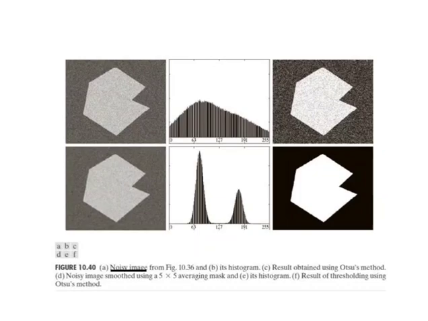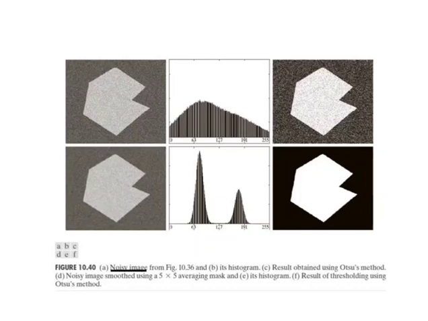Figure D shows the image smoothed with an averaging mask of size 5 by 5. Figure E is the corresponding histogram. As expected, the net effect was to reduce the spread of the histogram, but the distribution still is unimodal. As figure F shows, segmentation failed again. The reason for the failure can be traced to the fact that the region is so small that its contribution to the histogram is insignificant compared to the intensity spread caused by noise.